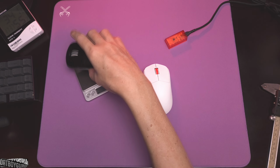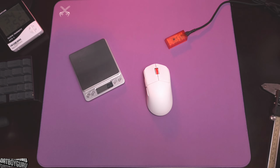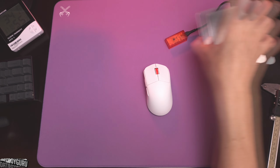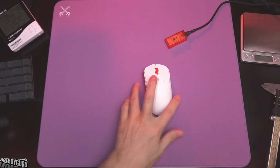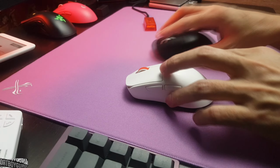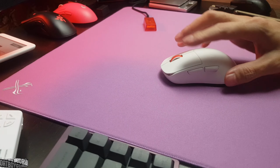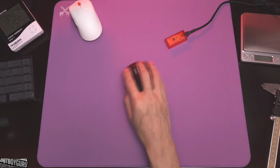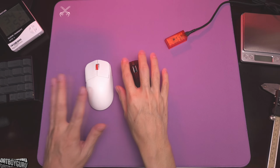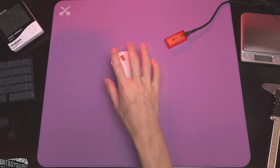Compare that with a VXE Pro, which is 49.2, 49.3. Now I can tell you immediately that even though it is only a 4 gram difference between the VXE and the Sprime, I feel like the Sprime is featherweight. It feels so light, like there's nothing there. When I'm on the VXE, it feels heavy. When I'm comparing it, it feels like it's over 60 grams, but it's not. But this feels so light, and